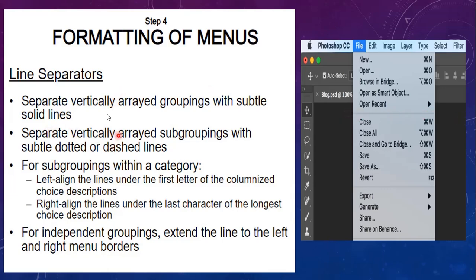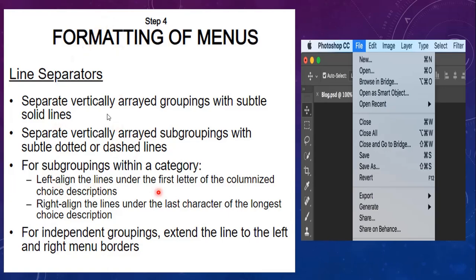Separate vertically arrayed subgroupings with subtle dotted or dashed lines. So initially, in a main menu, you can have a solid line, and if there are subgroupings within the group, then for subgroupings separations you have to use dotted or dashed lines.